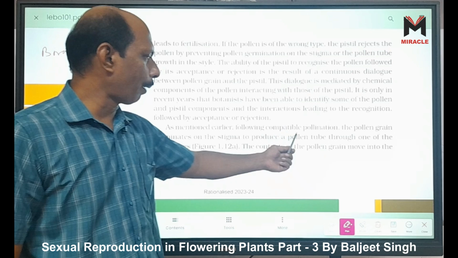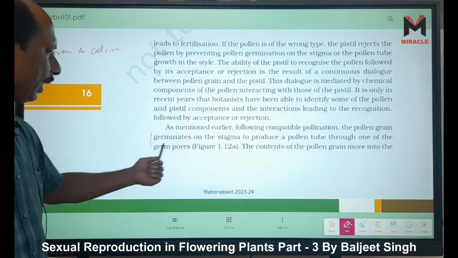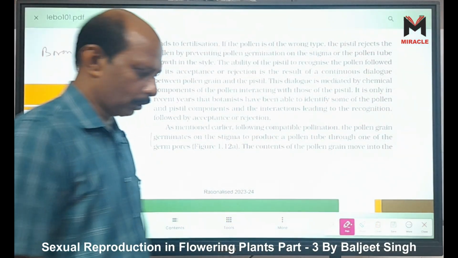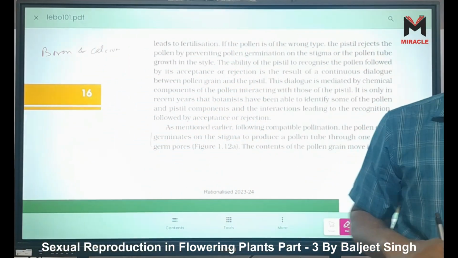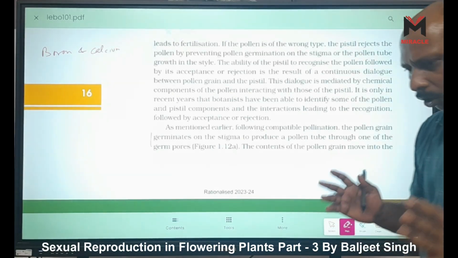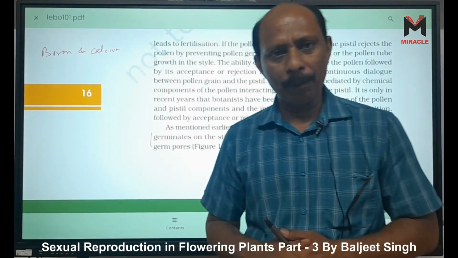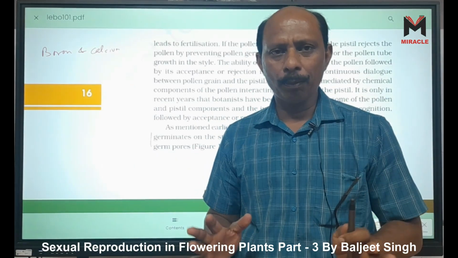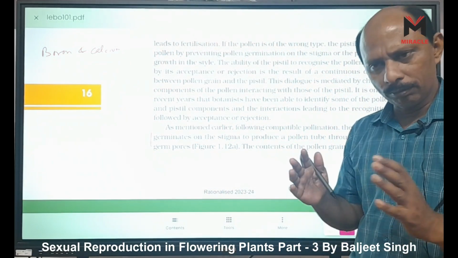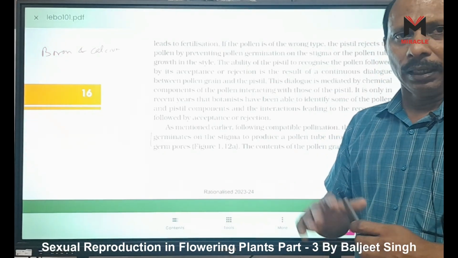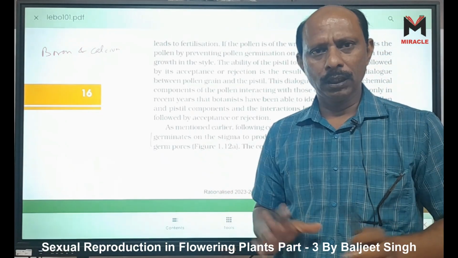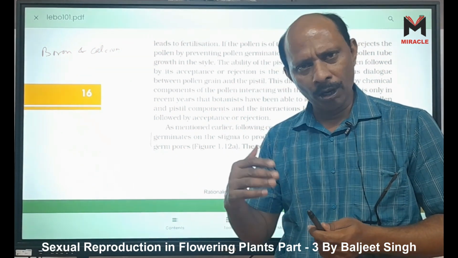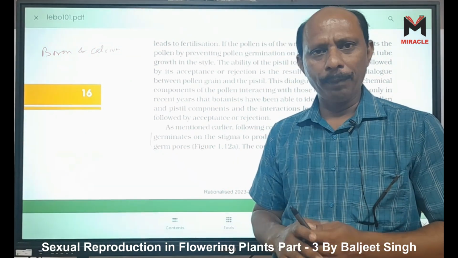As mentioned earlier, following compatible pollination, the pollen grain germinates on the stigma to produce a pollen tube through one of the germ pores. We know that we have two types of pollen, monocolpate and tricolpate, or we can say unicolpate or tricolpate. Some pollen grains have only one germ pore, some have three, right? It is not a topic for discussion, but here one germ pore means only one pollen tube is germinated, and three germ pores means more than one pollen tube is germinated. That is not correct every time, because